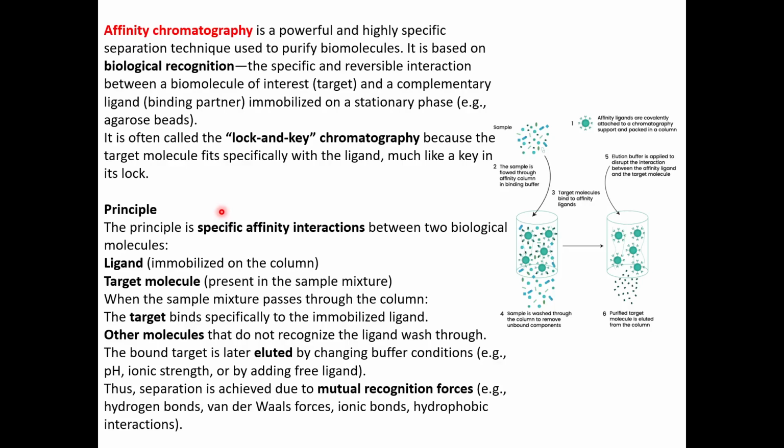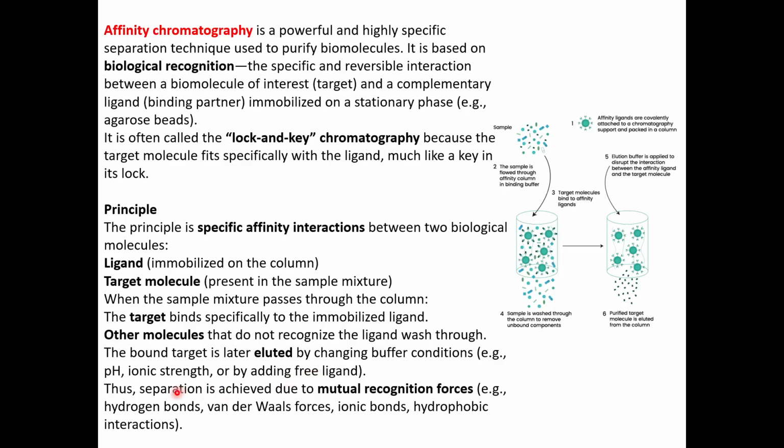Then coming to the basic principle behind it, the principle is specific affinity interaction, and it is between two biological molecules like the target and the ligand. So the ligand here is immobilized on the column, on your beads or on your resin, and your target molecule is present in your sample mixture. When the sample mixture passes through the column, which has these beads of your ligand, the target then specifically binds to the immobilized ligand, and other molecules that do not recognize the ligand wash through,